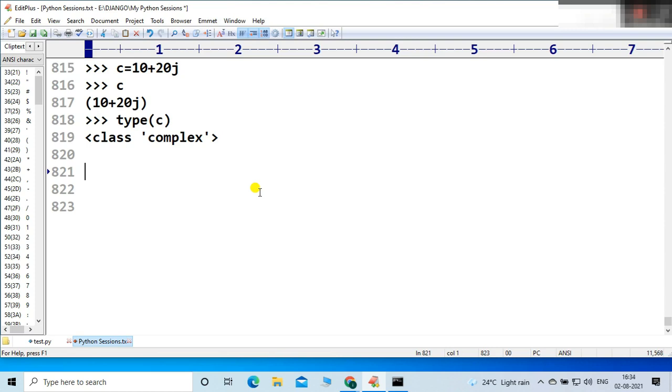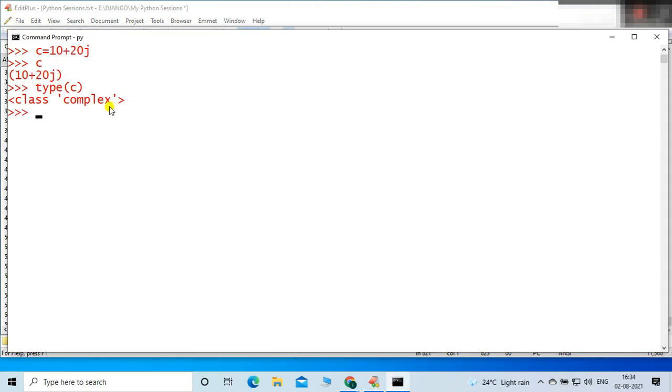Suppose you want to extract the real part from the provided value. How to extract that real part? It's very simple, friends. This is your complex number, C is equal to 10 plus 20j. I want to find just the real part from this complex number.